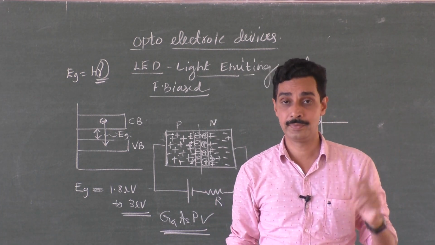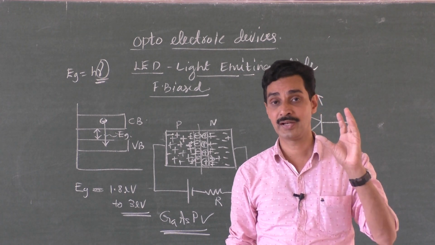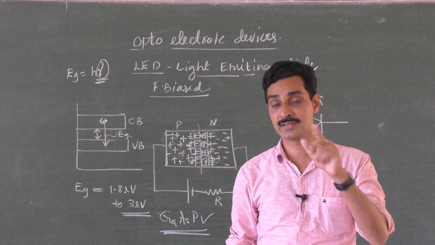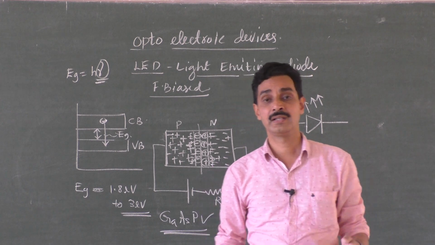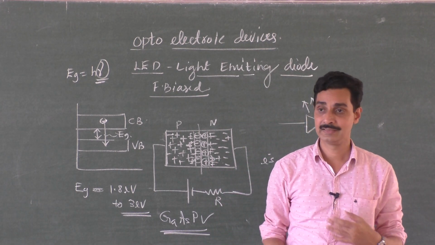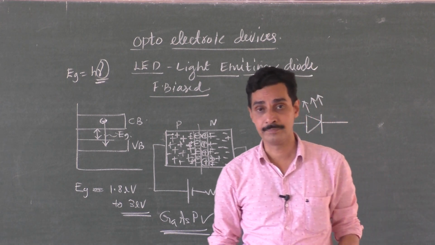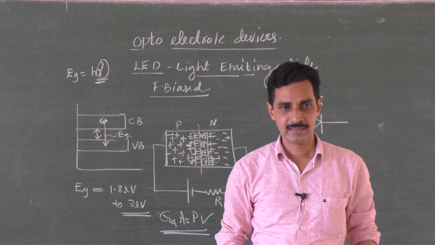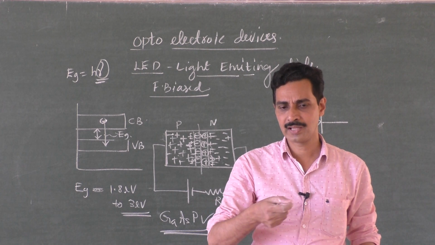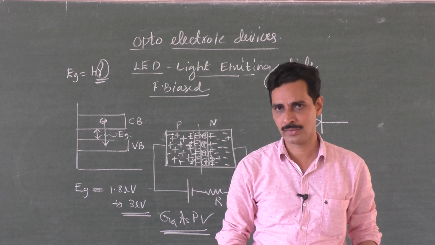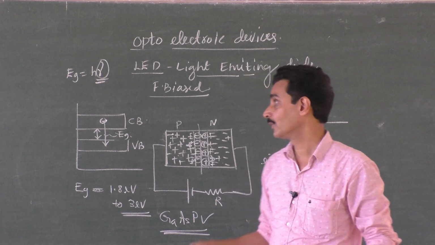That is the filament bulb. The Edison bulb we have, right? Thomas Alva Edison gave us the filament bulb. What are the advantages of LEDs over these filament bulbs? Filament bulbs require a certain switching on time. They can't switch on immediately. They need some time to get heated and warm up. No warm up time is required for LEDs.